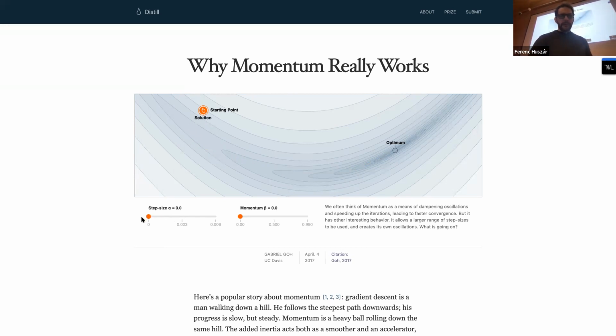So if I start from a 0 learning rate or step size, I'm just never going to get anywhere because I'm not taking steps of 0 size. And if I start very, very gradually increasing it from 0, I will start taking very, very tiny steps in the direction of the gradient. So in this case, there is this valley, and I'm at the hill next to this valley, and I start to very slowly go down this valley. If I increase the step size, I will eventually reach the valley and I start going towards